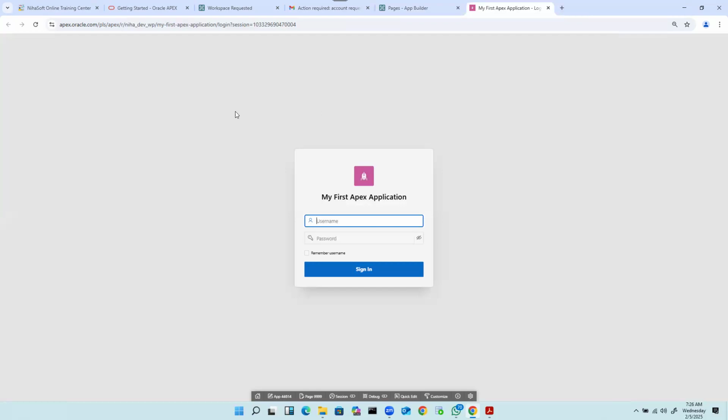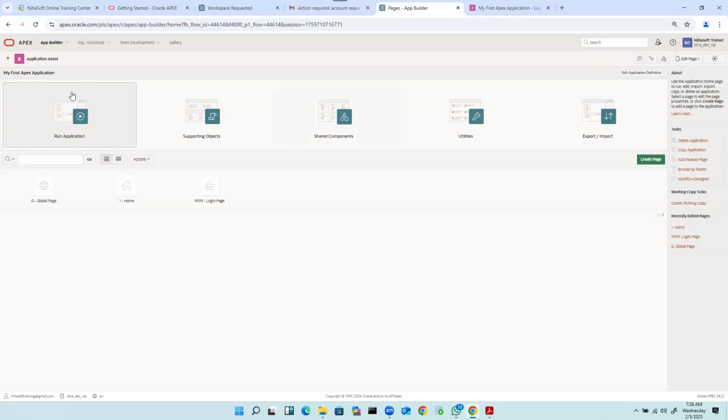Okay. So this is the application look and feel. It will look like this, and the user can use the username and password, and they can log in. Okay. So here when we see App Builder,